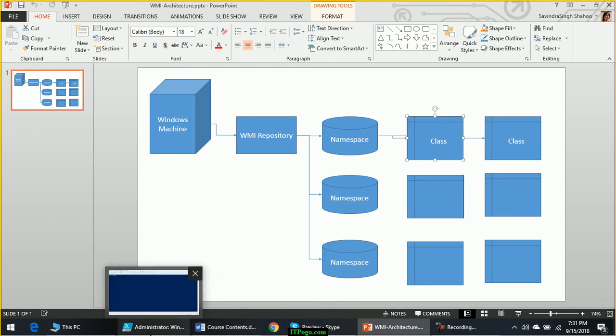Let's suppose I want to know the root of all the information. You don't need to worry about it, because whatever information you need related to the operating system, hardware and software components, all the information is available under the default namespace, that is root\CIMV2.